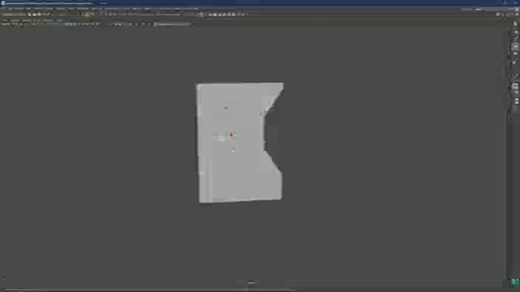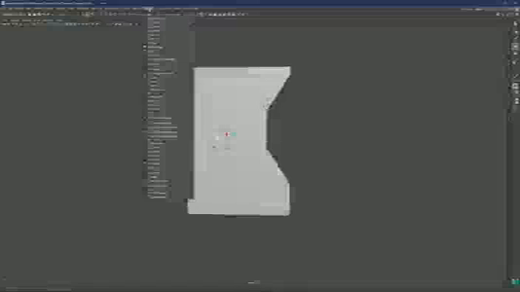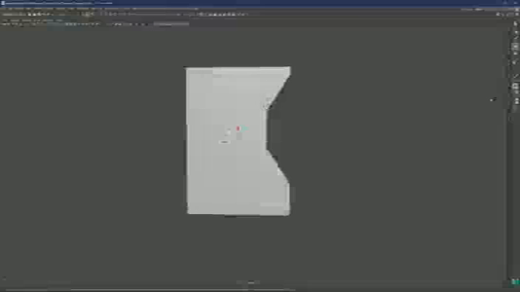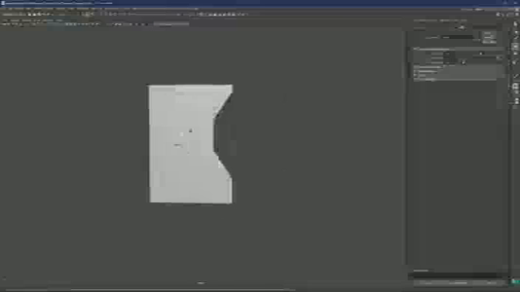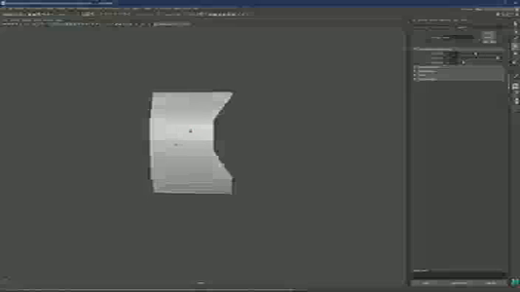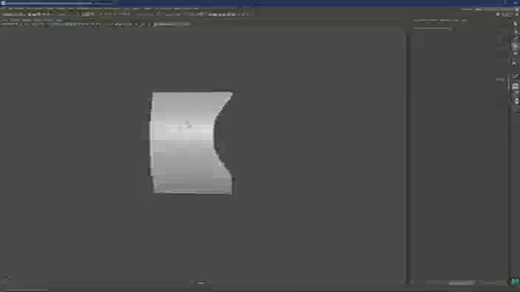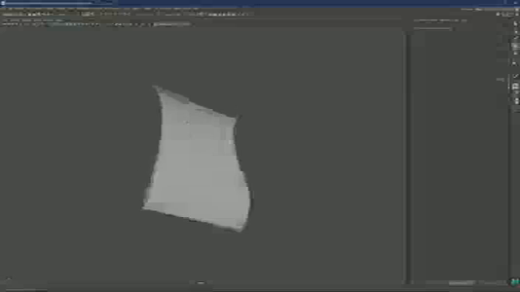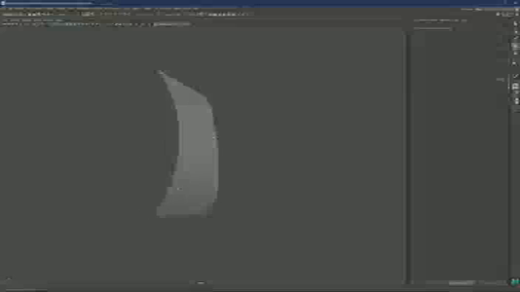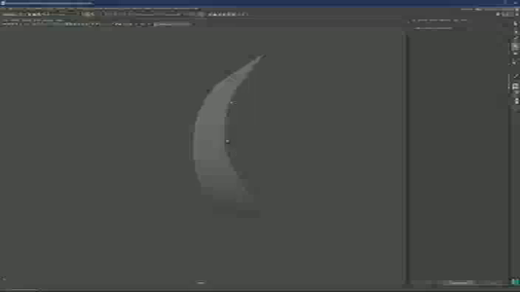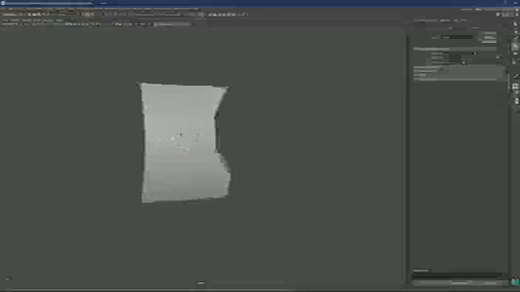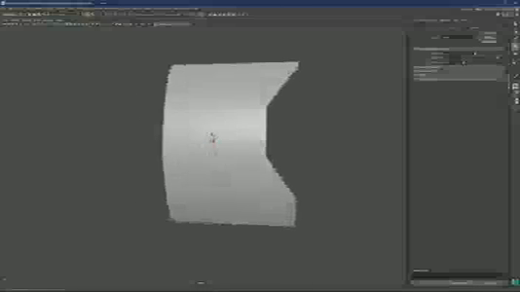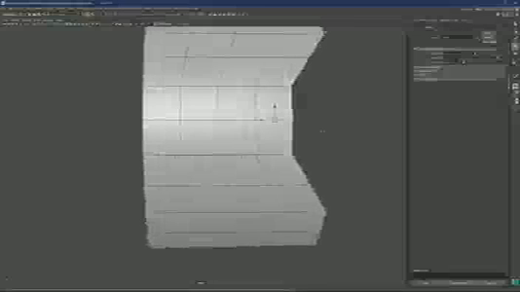So I'm just going to delete the history one more time in case, and let's add another bend deformer here, and let me do a small bend, subdivide, and there we are. As you can notice, even without much effort, we do have a small curve here and we have a nice and smooth curve here. So even distribution means nice. So just something to keep in mind.